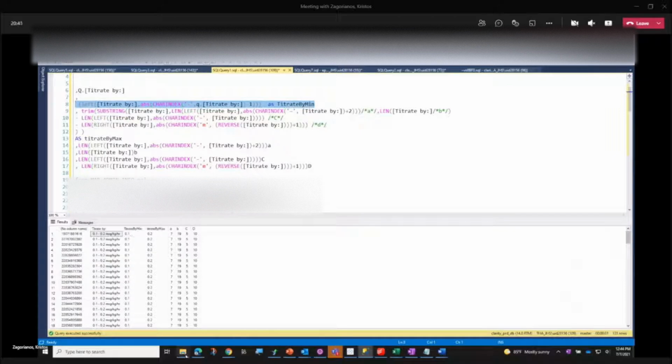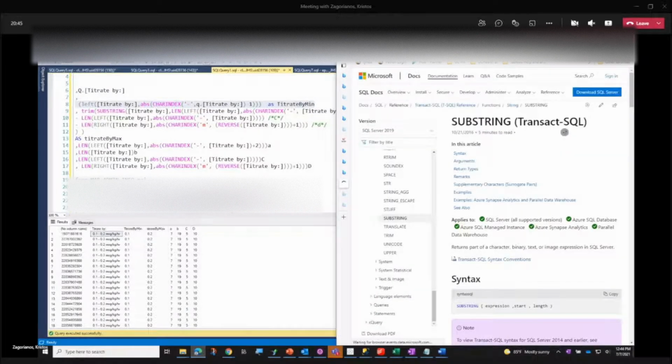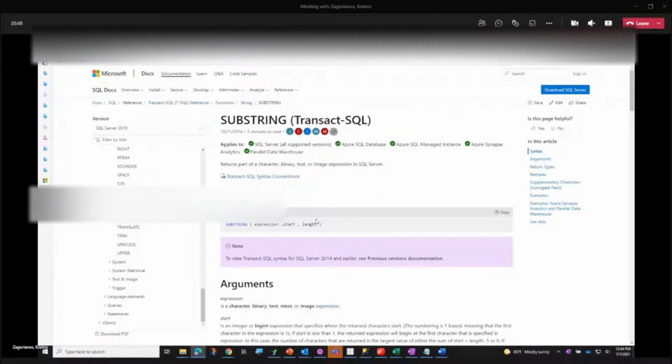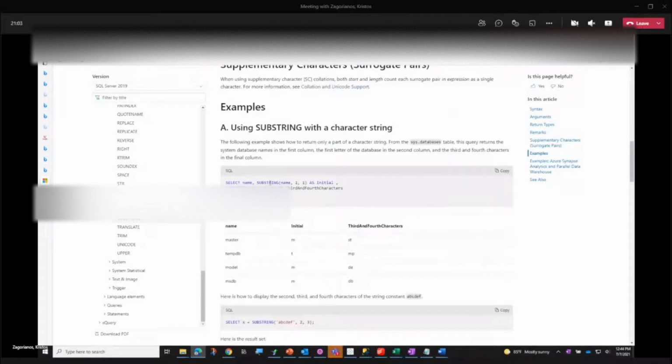Let me pull that website back up for just a second and let's go to substring. So to use substring, by default, we're looking at the expression, which is the field name, in this case, titrate by. And we need a place to start, right? And we need to know how long to look for. So if we're using this example, substring name 1 so master, it would bring back 1 as the